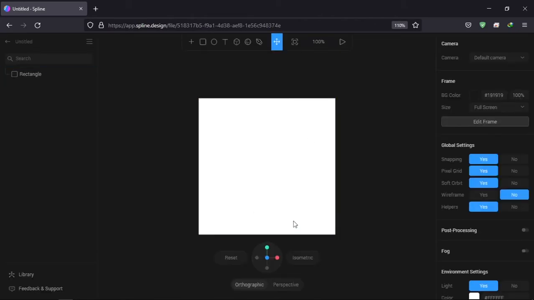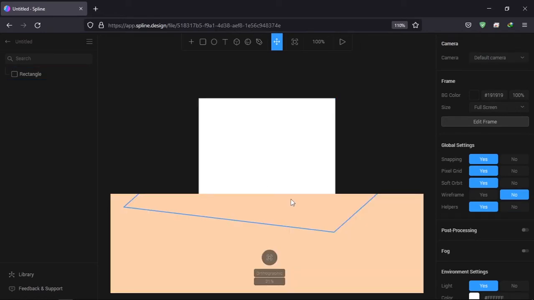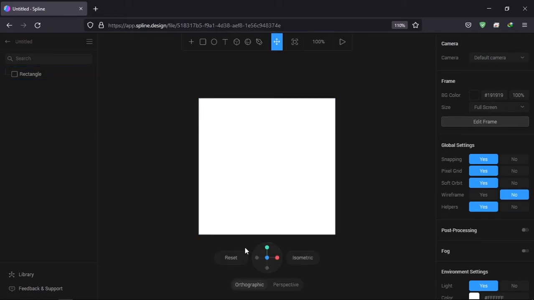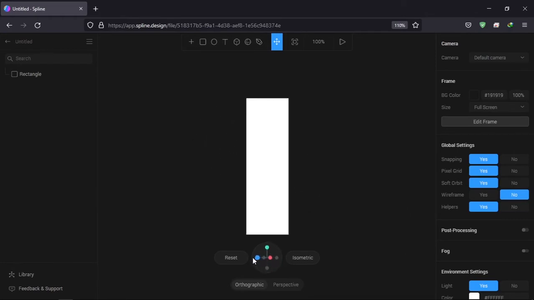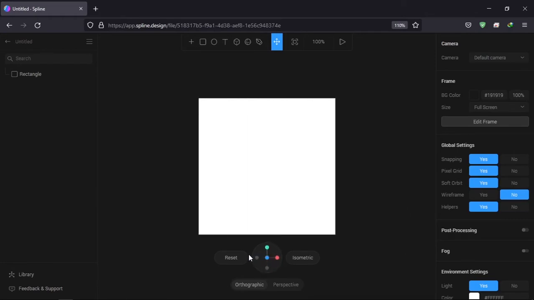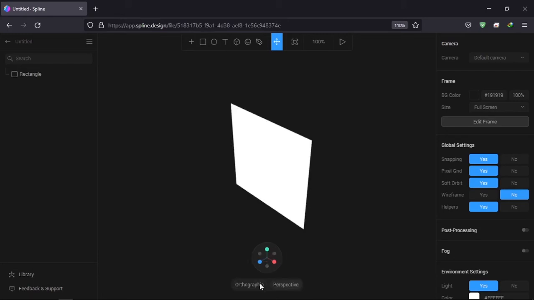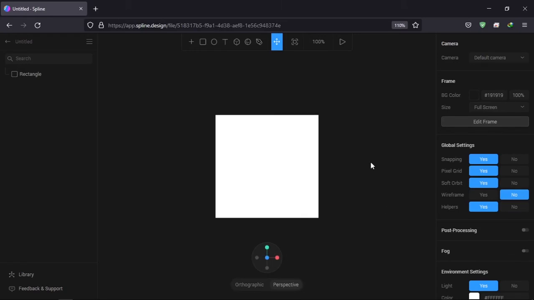In that video, I forgot to mention the lower middle UI, which is this one. Apparently, it got updated, which used to look like this. Basically, what this does is it helps you change the viewing angle either to the top side, the right side, or the front side. And you can also reset it and also view the isometric view and also change between orthographic or perspective view. So now let's start talking about the 2D elements and the text in the spline.